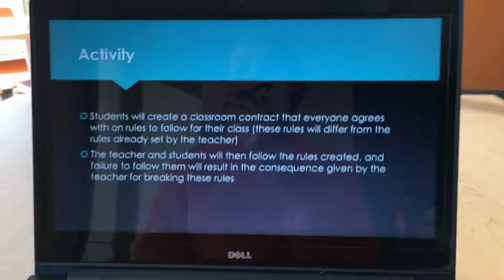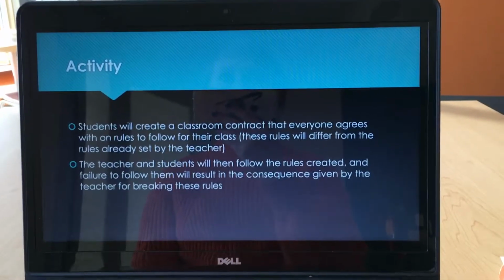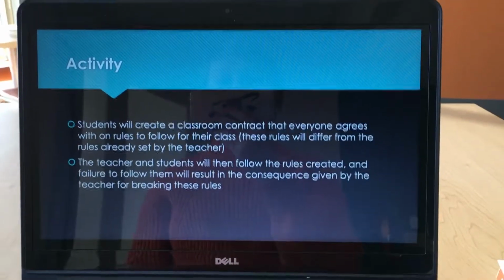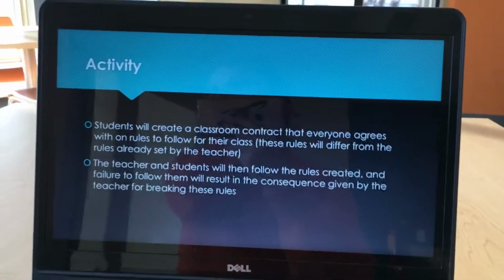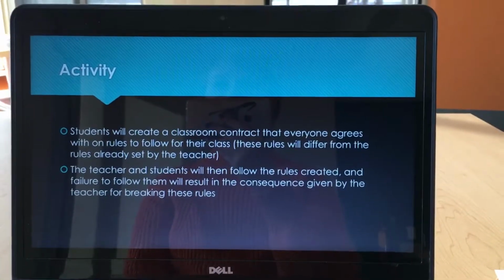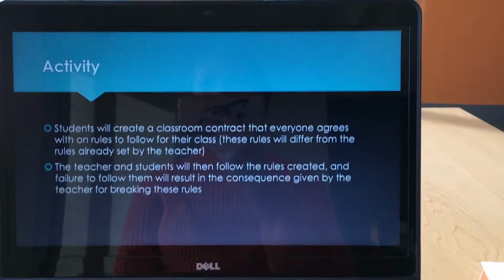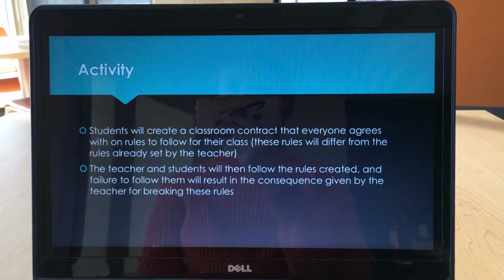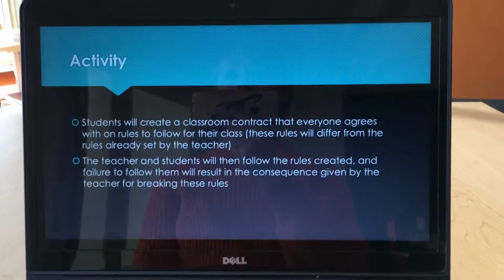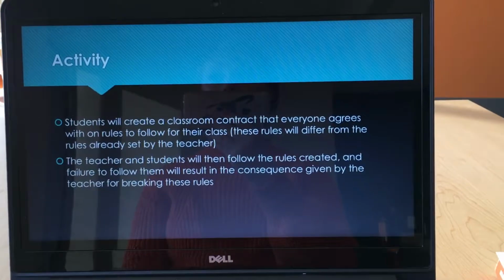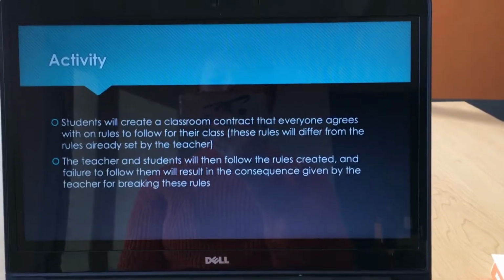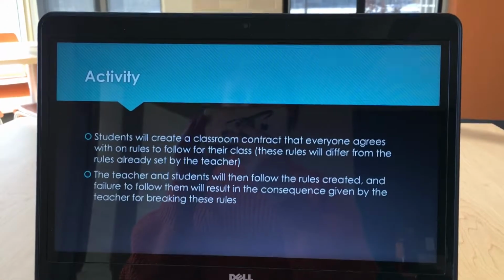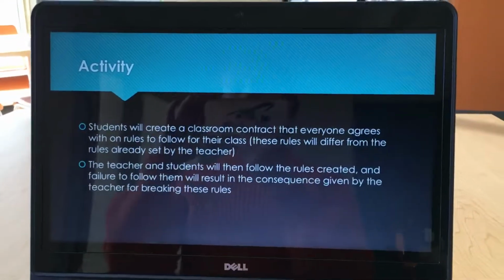What this is getting at is that each student will create their own contract of what it means to them to have a successful and trust-building classroom: treat everyone with respect, treat the instruments with respect, no horsing around, no fighting, just your basic classroom rules, I suppose. These can go along with the teacher's rules already, or you can implement some new ones, whatever will be great for your students. And hopefully by following these, nothing will get damaged and everyone will have a happy and safe environment.